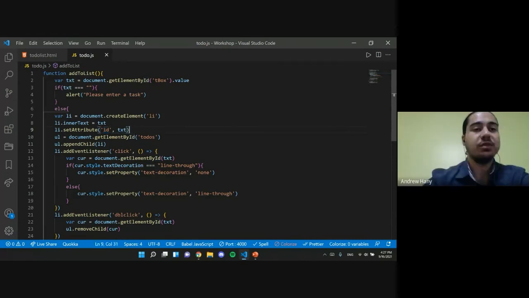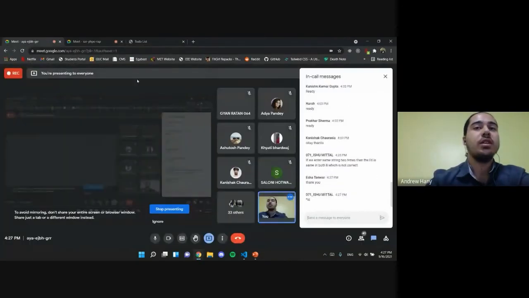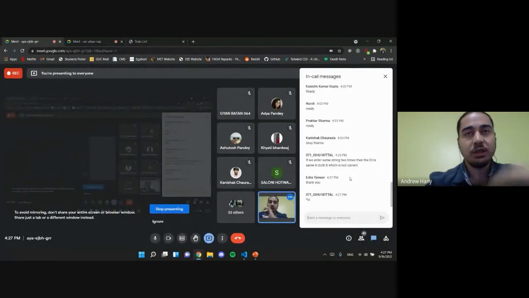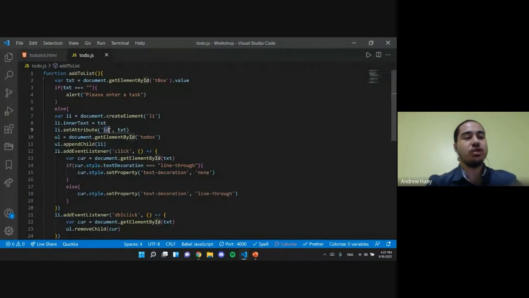That's actually smart. Yes, you're absolutely correct. So you cannot use the ID more than once for multiple elements. So what we're going to do is just simply change this one to class, right? And